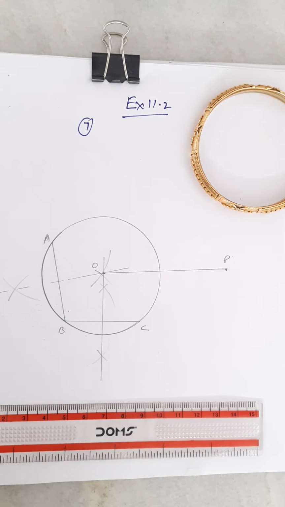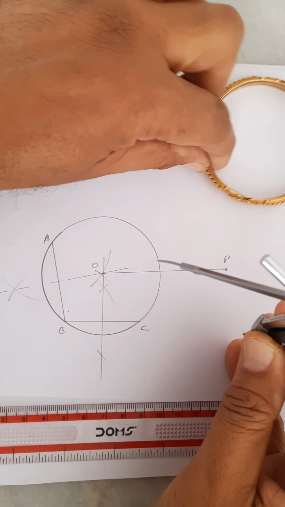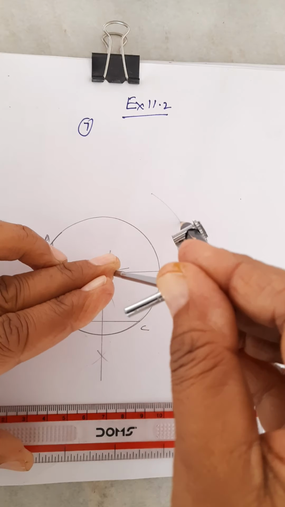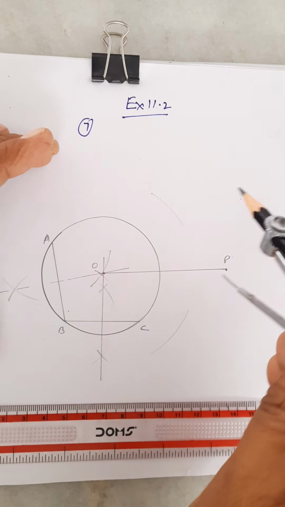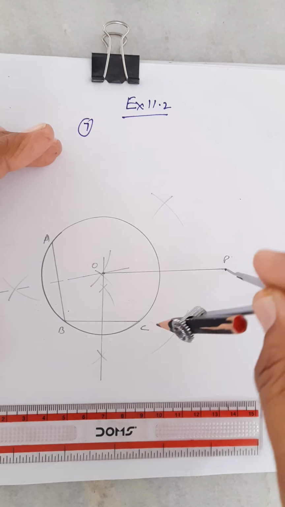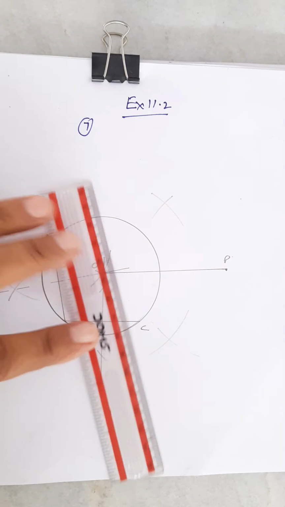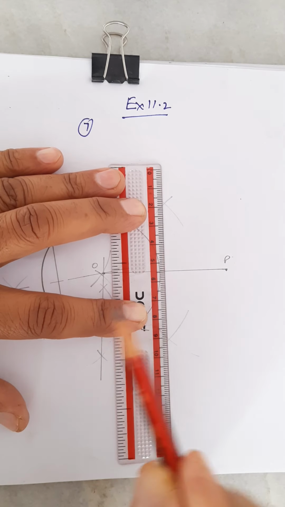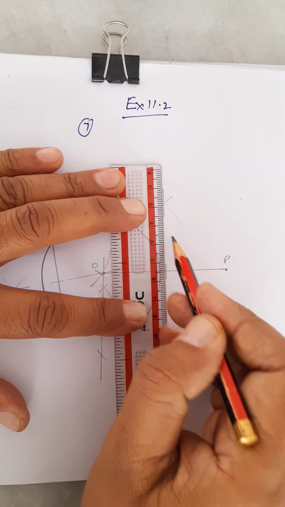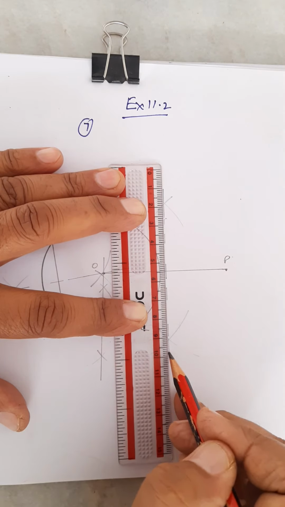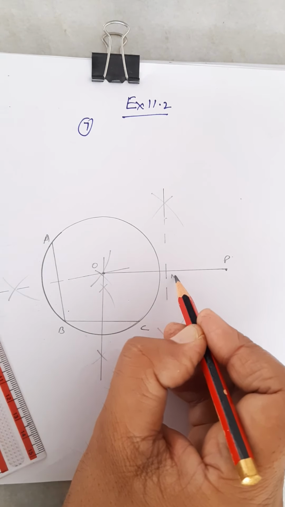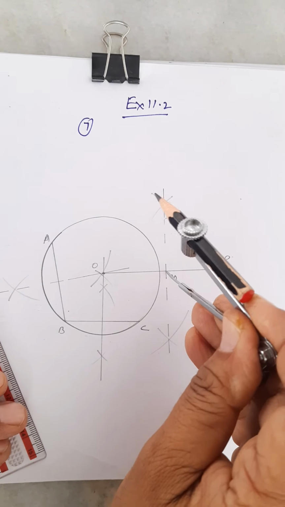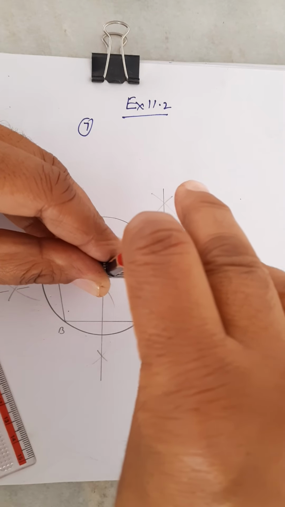Now according to the first construction, the first step is you find the perpendicular bisector. Same method, perpendicular bisector. This method we have already done in the first one. Perpendicular bisector will give you the midpoint of OP. So draw the perpendicular bisector, you will find the midpoint of OP. Take this as midpoint M. Now taking M as a midpoint, draw a circle this way.